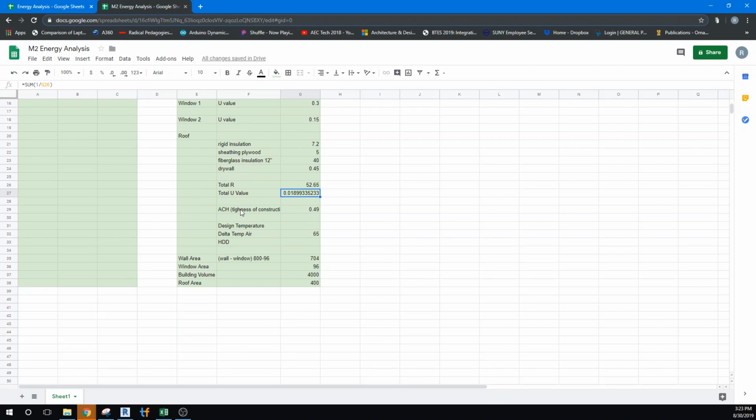What I really wanted to get to is this idea of air tightness. This is just a number that's put in. That means that there's 0.49 air changes per hour. That's a relatively modern construction standard. Our